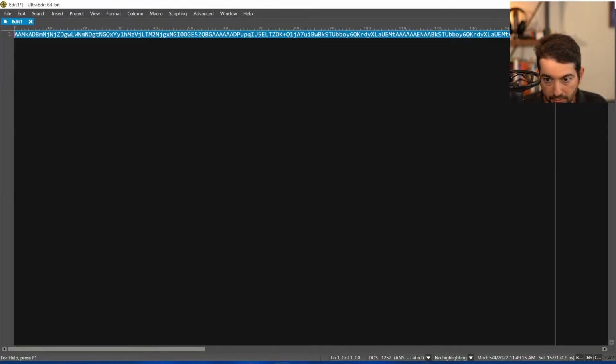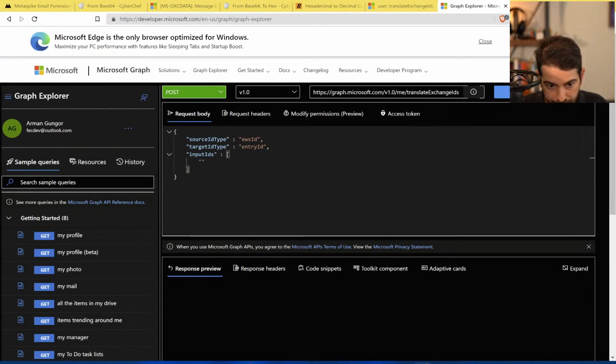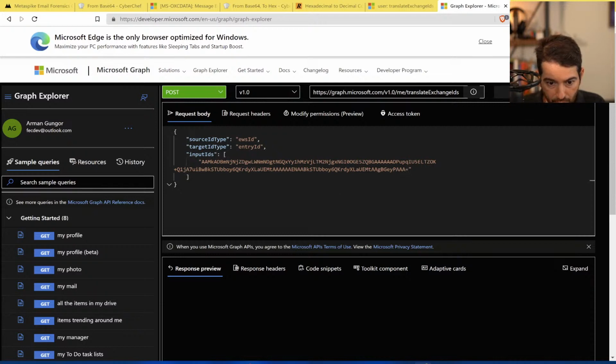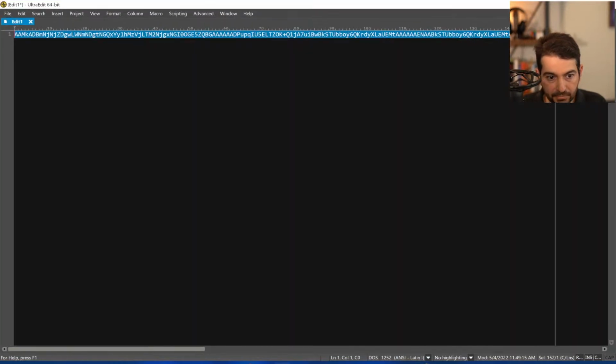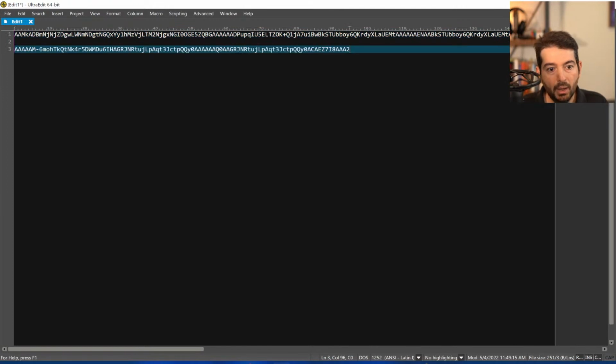So I'm gonna enter this one, and it looks something like this. So let's see if it works. All right, so we got our source ID, and here's our target ID. So the API kindly converted our identifier for us to an entry ID. But if you recall the documentation, this ends with a 2, but that is actually a